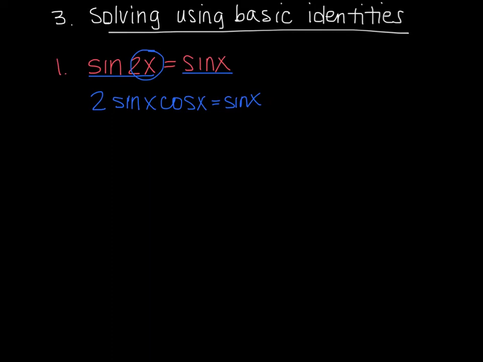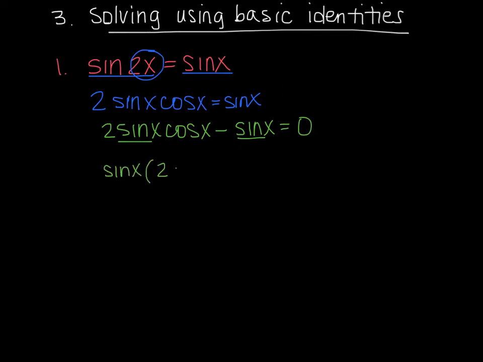If your thought is, I want to divide by a function, then you should probably be factoring that function out instead. So what I'm going to do is subtract the sine of x from both sides so that everything is on the left side of my equation. And now I can see that I can factor out the sine of x. Don't forget the 1 as the placeholder.